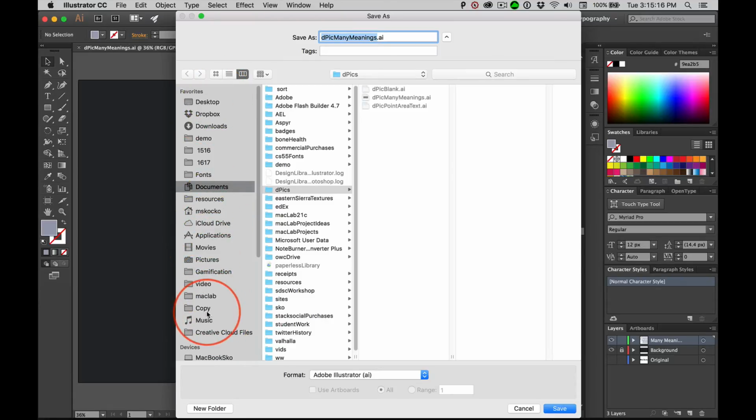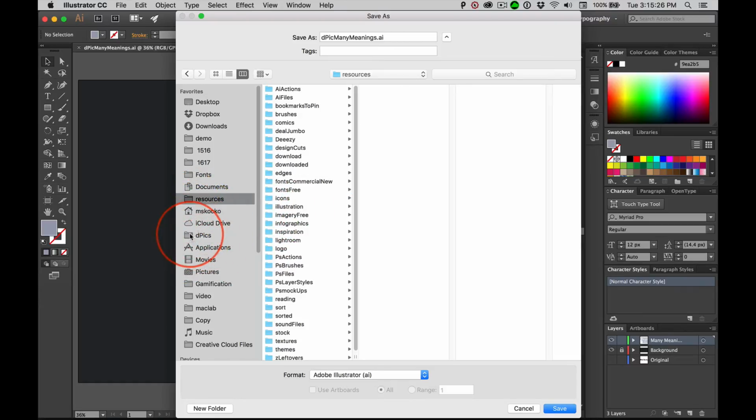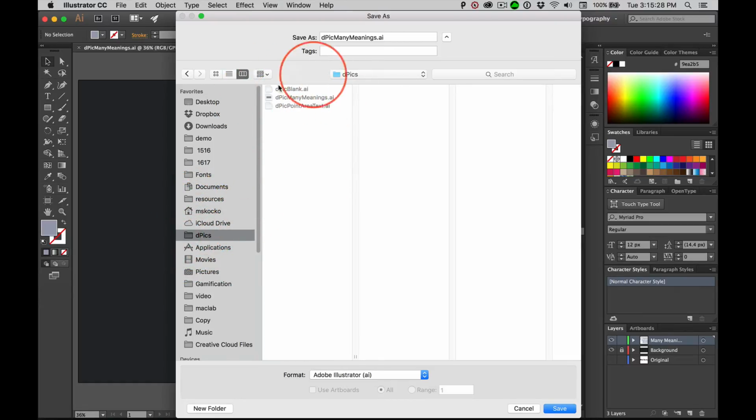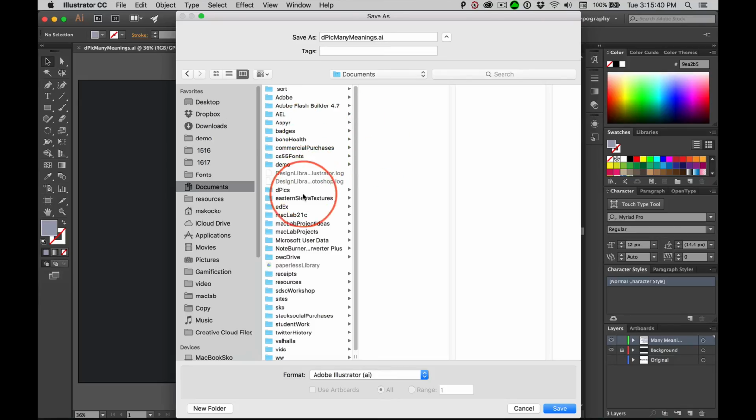I have custom shortcuts over here. They're really easy to set up. I just drag a file, drag it out here, make sure it goes between them. And hey, look, I got a shortcut to the dPic folder. When I click on that, and it's not selected, I get into that folder. And if then you decide you don't want it, you just drag it out here and let it go, and then I can come back to my documents, which are hiding down here for some reason,